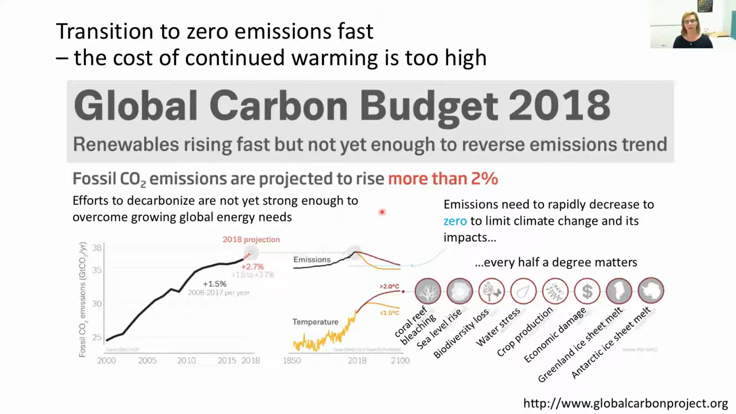and on this planet. And I think where to from here can only be a transition to zero emissions of greenhouse gases as quickly as we can, because there's more and more evidence that the cost of continued warming is just too high. And this is a figure produced by the Global Carbon Budget, the Global Carbon Project, and they're researchers